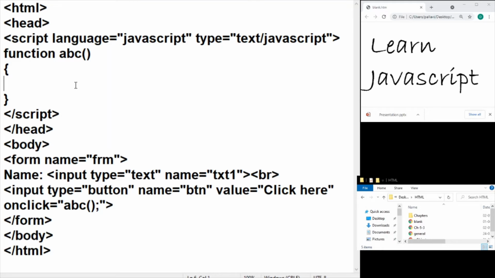It may be using the query string method, that is, if you have used method equal to get on the form tag, or it may be as an attachment if you have used method equal to post on the form tag. Whatever it be, if you want to send the data from this browser machine to your website machine, that's the web server machine, then the entire form submission should take place.